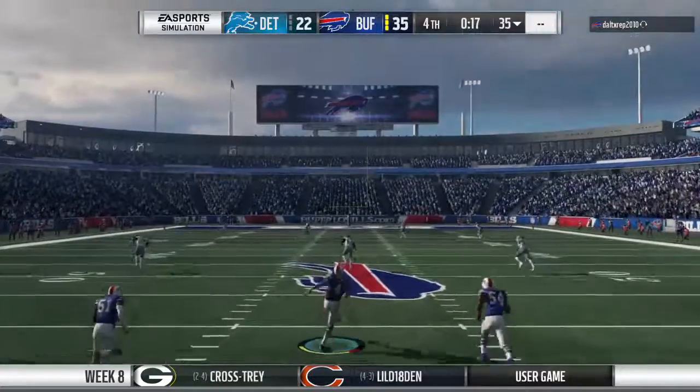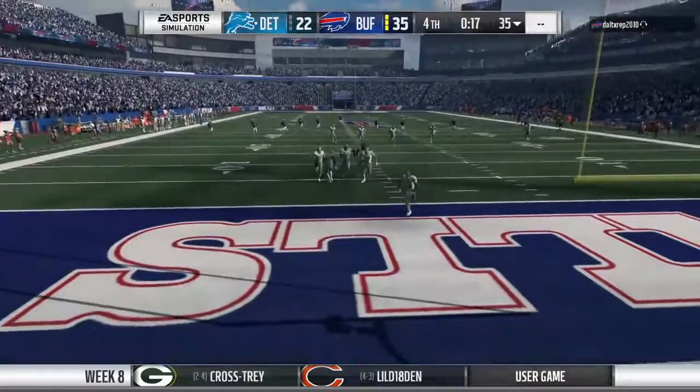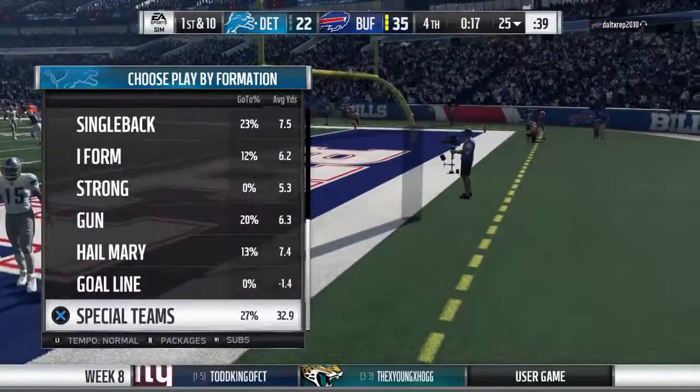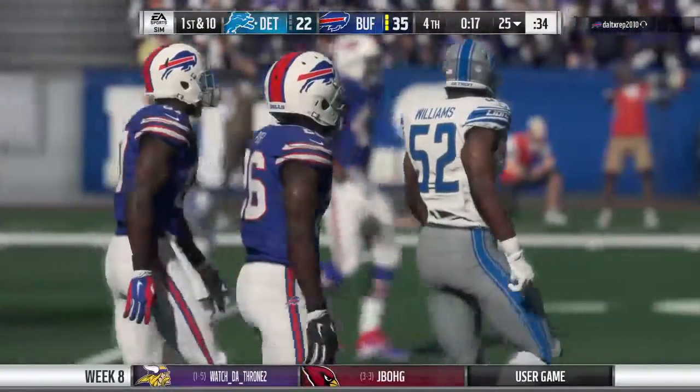Now after the made field goal, Hauschka back out onto the field to kick it away. And this will be a touchback as that sails over the end line. So here come the Lions now. They have a little bit of time left here, but this one